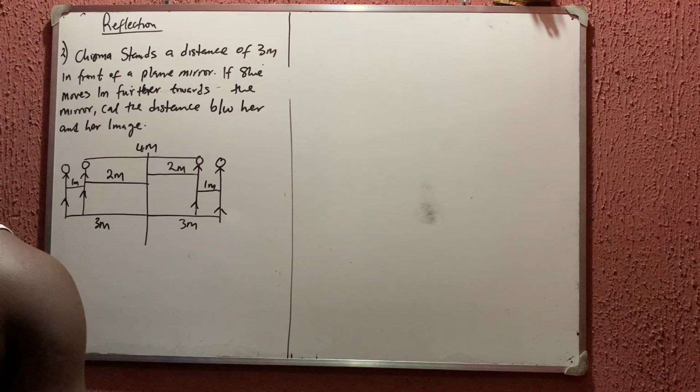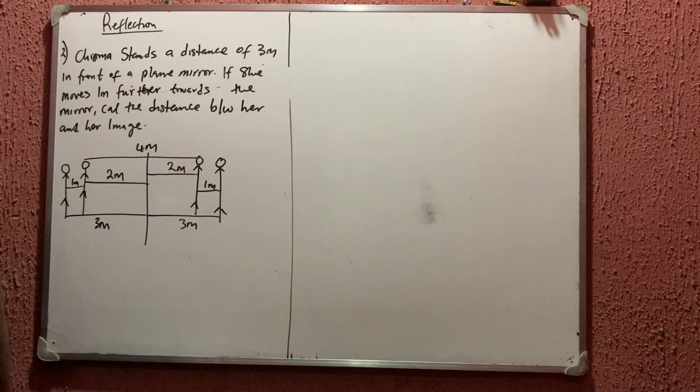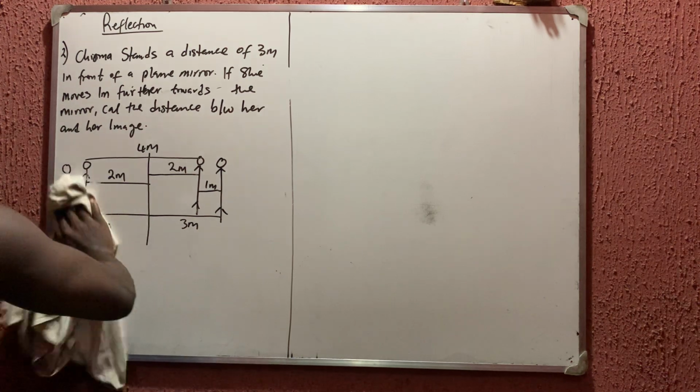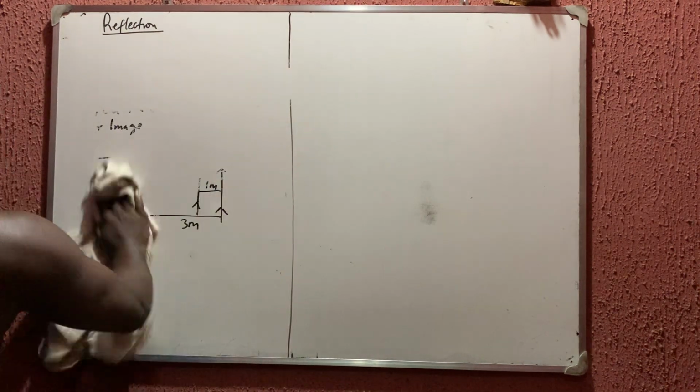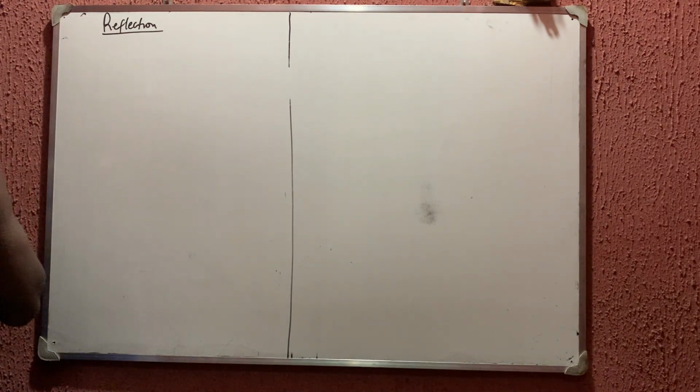So the image distance is equal to the object distance, and if you add them, you have your formula. So this is a very simple question to solve. We go to the next question, question number 3. And question number 3 said,